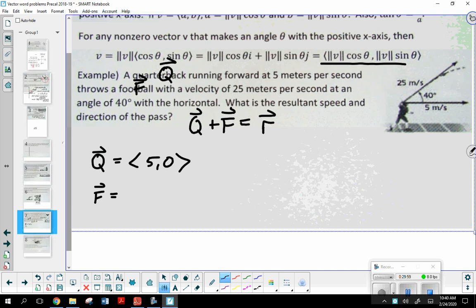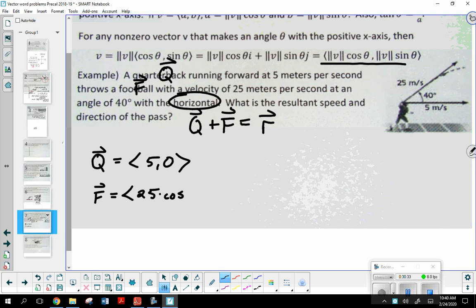Now, the football, we can't just go ahead and tell what it is. We got to use the formula. Now, Andrew told me that the football is traveling at what? 25 meters per second. So that is the magnitude times the cosine of what? Now, is this a case where I can actually use 40? Because remember, in the last word problem, we couldn't use that 28. We had to do something. So what do you think? I can. Now, remember, theta always starts rotating from the positive x-axis. And I know that 40 degrees represents that because it says with the horizontal. If it makes a comment about the horizontal, it's talking about the x-axis.